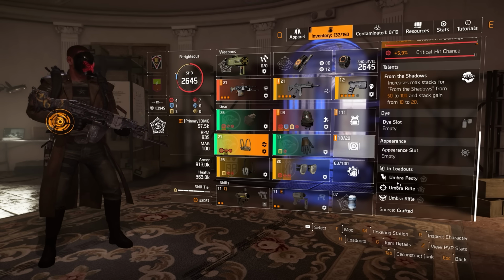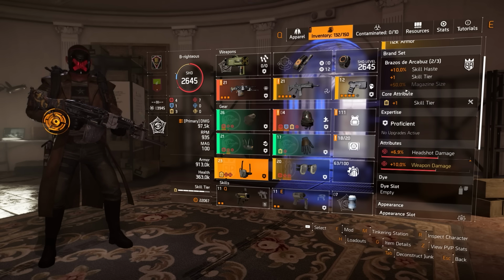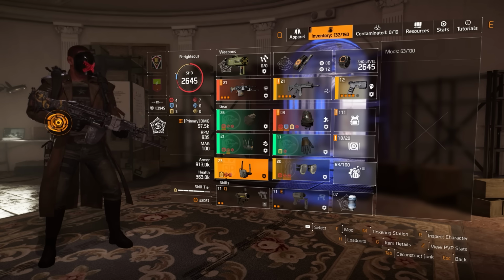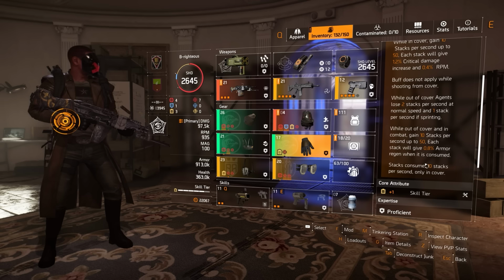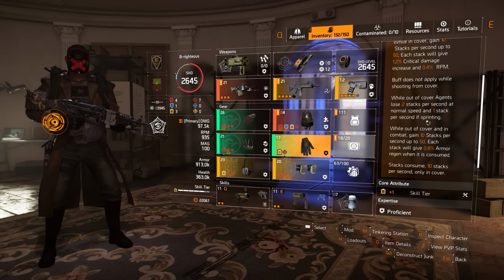And here's a brief description of the gear composition I have. With Bakaro's holster and the technician specialization, I get 1 weapon core from the named attributes and 3 skill tiers. With the Ninja Bike, it's another skill tier, which then creates an amazing 5 weapon core, 5 skill tier hybrid. With From the Shadows and Into the Light, while sitting in cover, you will gain an insane amount of crit